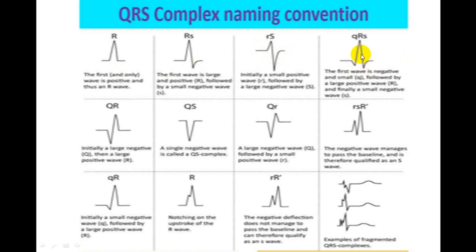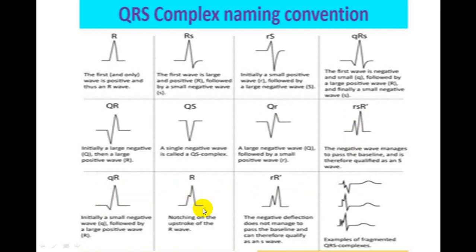First negative wave, and the second positive wave is taller, so we write that as capital. First negative wave is Q and second negative wave is S. If the first negative wave is tall and R is also tall, both nearly equal, we write both in capital, QR. If there is only a negative wave, no positive wave, you write QS. If there is a small r wave, you write a small r but a capital Q. Then if the second R wave is taller, you write the second R capital and the first small, that is an rR dash pattern, where the first is too small and the second is a bigger one. So this is how we label it in different ways.